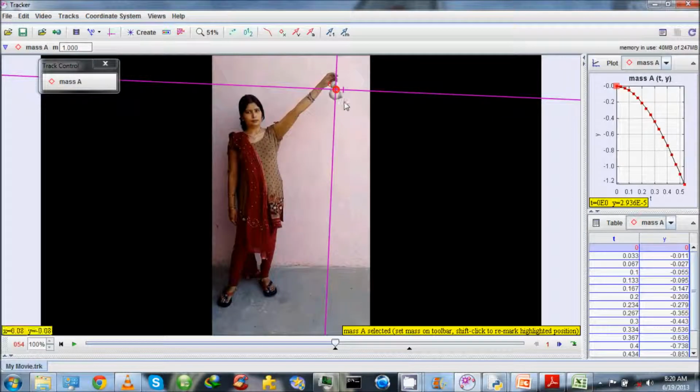The object of my motion study is a teddy bear weighing 43 grams and dropped from a certain height by my wife. The scale of this video is set to the height of this teddy bear, which turns out to be 0.12 meters. And the frame rate for this video is 30 frames per second. So the time step turns out to be 0.033 seconds. Let's play this video.